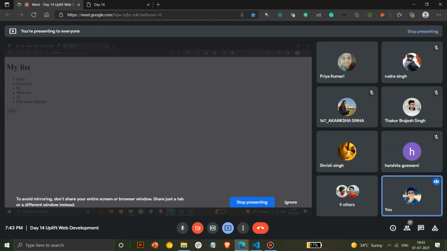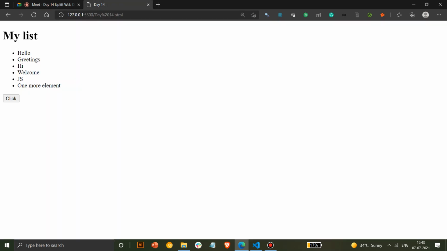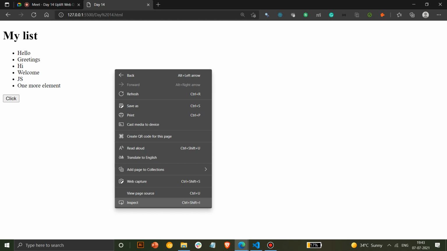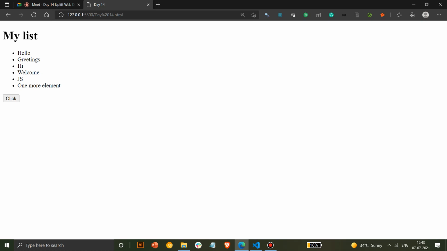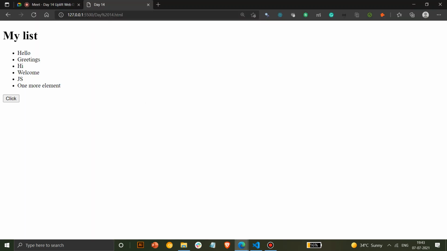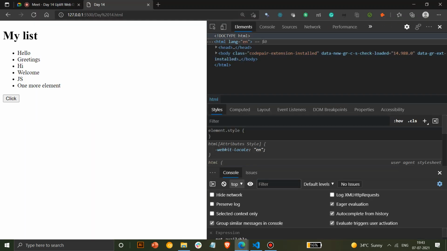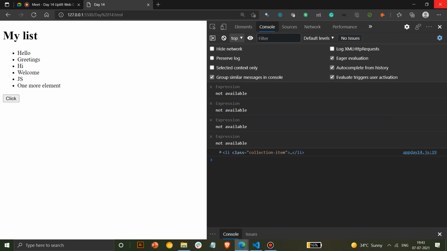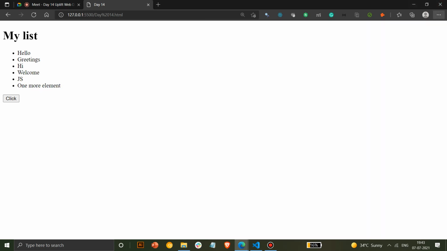Yes, doubt? Go on. Sir, we will be creating a project with JavaScript also? Yes, you will be. I'll give an assignment soon. I know it's a little bit complex, but at every stage wherever you face an error, just console log and see what the error is. And if in the console you get unexpected errors, you can search them on Stack Overflow and you will find out what the specific error is. Don't worry, we are also there. We'll teach you.